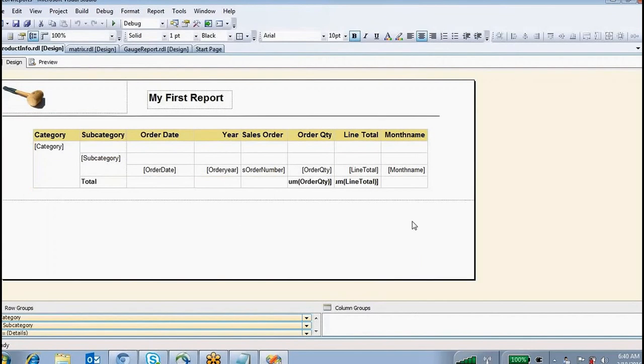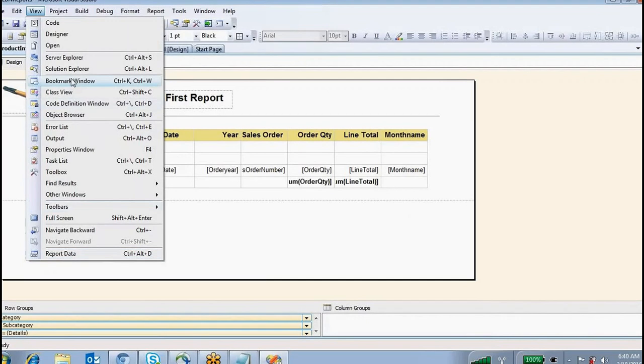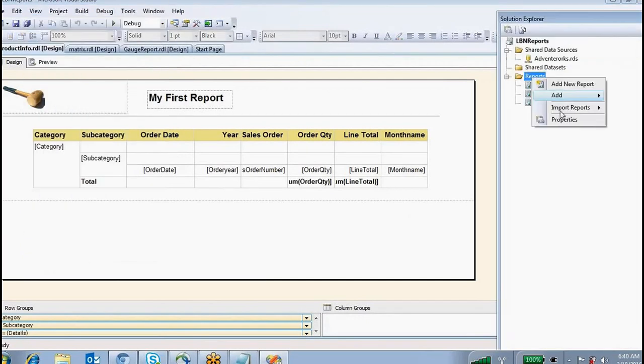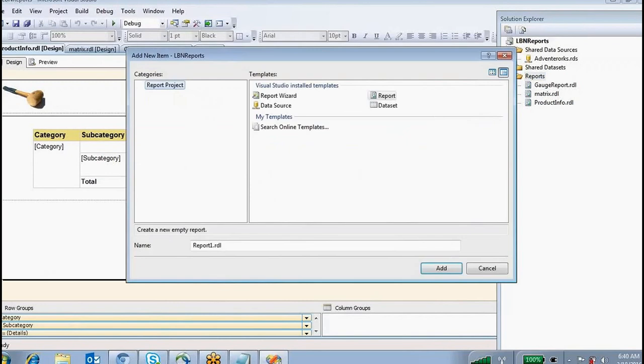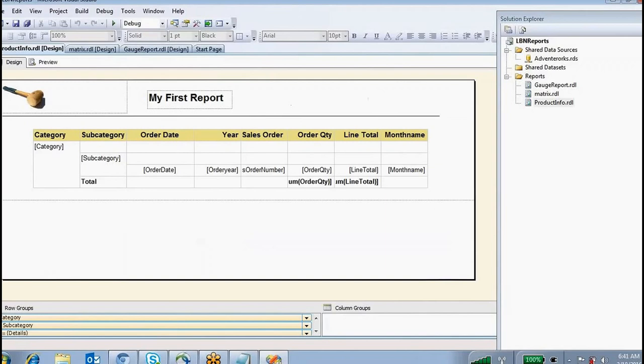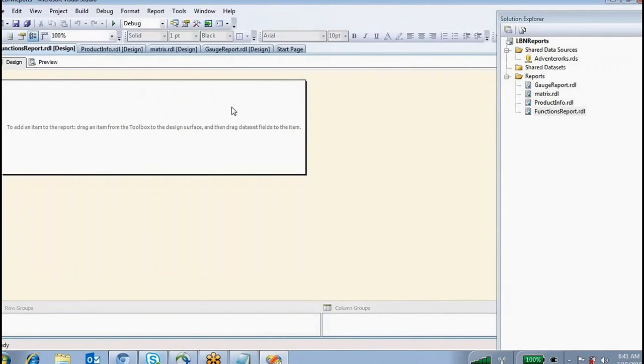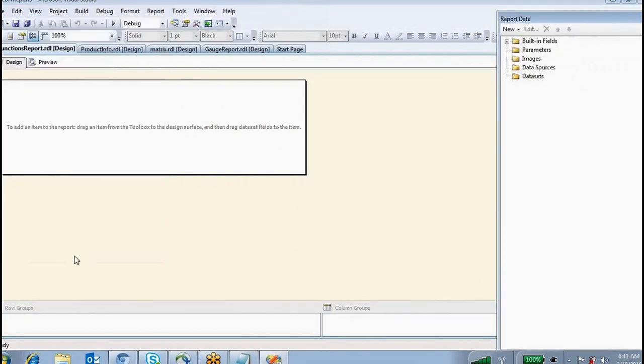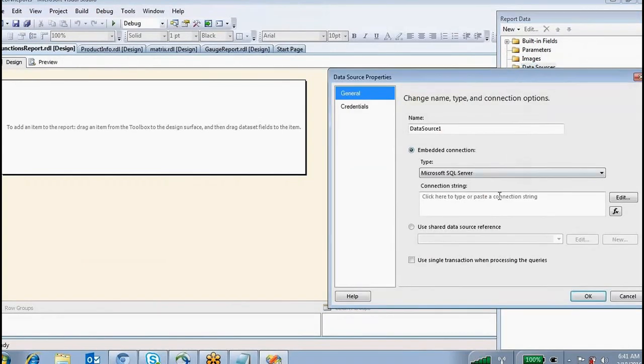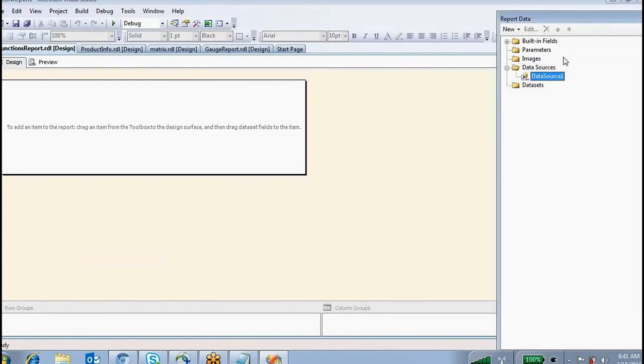So instead of this one, I want to take a new report. It's better. So what do we do? Functions. Data source. You share data source, Adventure box. Click OK.